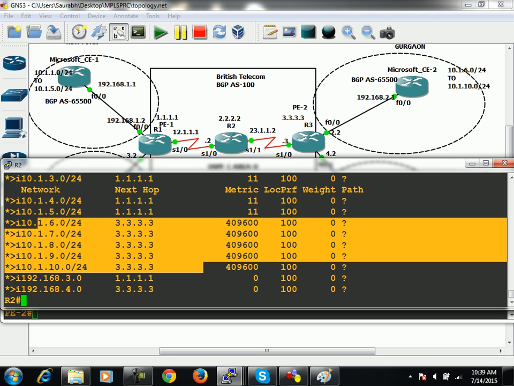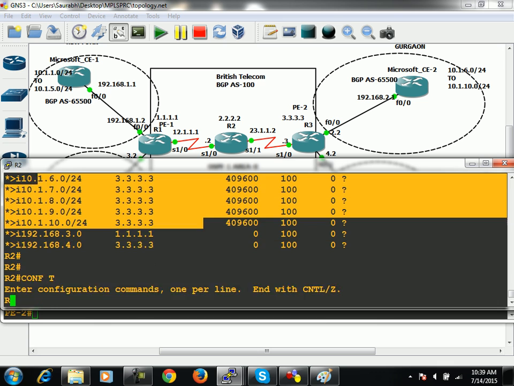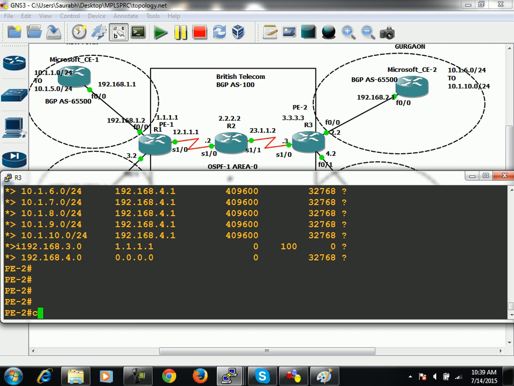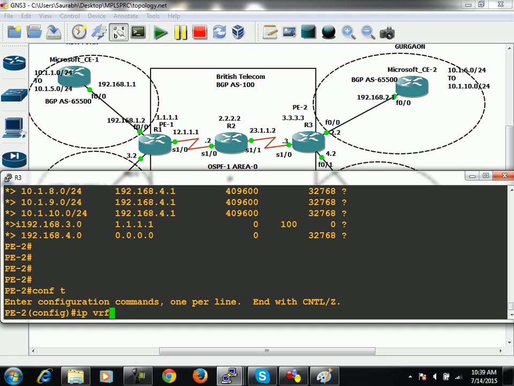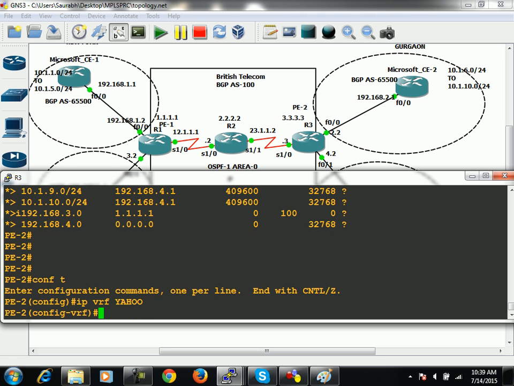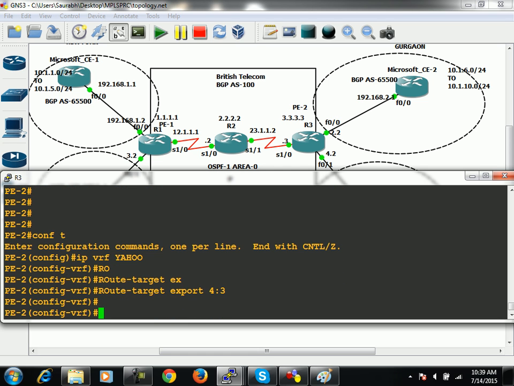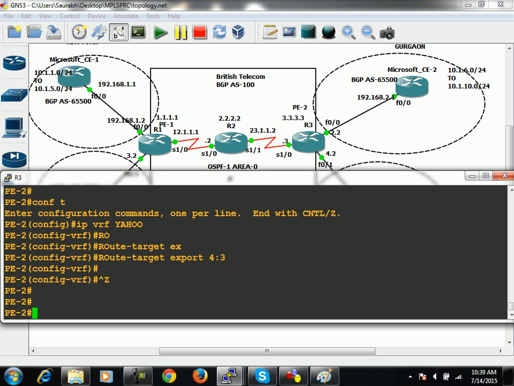So we have exported them without any route target. So we cannot import them. Now we cannot import all these prefixes anywhere. So for doing that, onto R2, PE2 itself, say IP VRF name was Yahoo, say route target for exporting is 4:3. Let's say 4:3 it is, right? And then move on